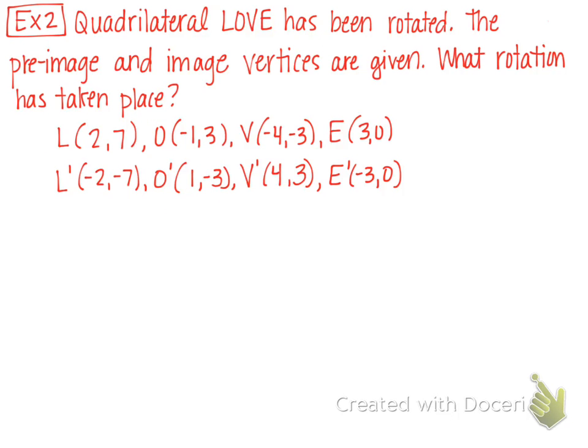Now, example 2 says quadrilateral LOVE has been rotated. The pre-image and image vertices are given. What rotation has taken place? So, we need to go through our chart and see what we can make sense of for this one. Now, 90 degrees counterclockwise or 270 degrees clockwise is we flip them and we change the sign of the old